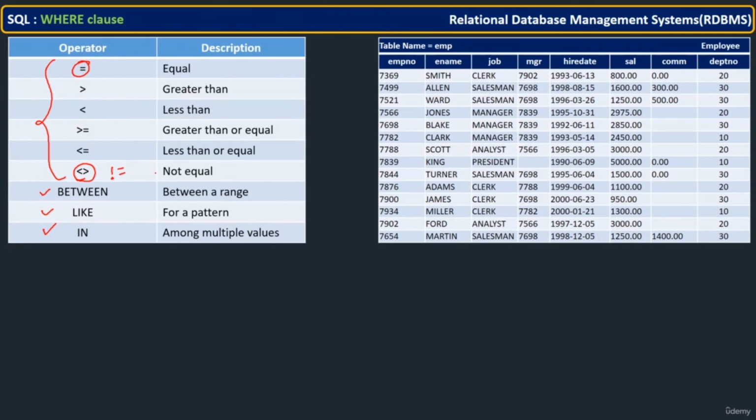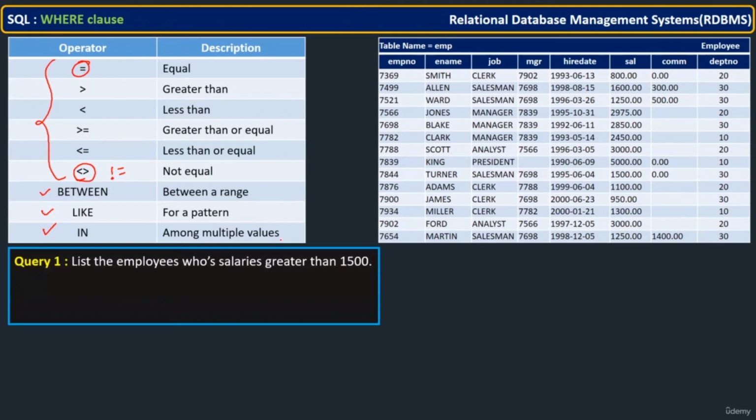For practice purposes, let us write a few queries based on the given statements. It is recommended that you first try yourself, write the query based on the given statement, and then cross-check what we are writing here. Now, list the employees whose salary is greater than 1500. He is asking for a condition on the salary column. He is not asking for any specific columns in the output, which means he needs all the columns in the output. That is why select